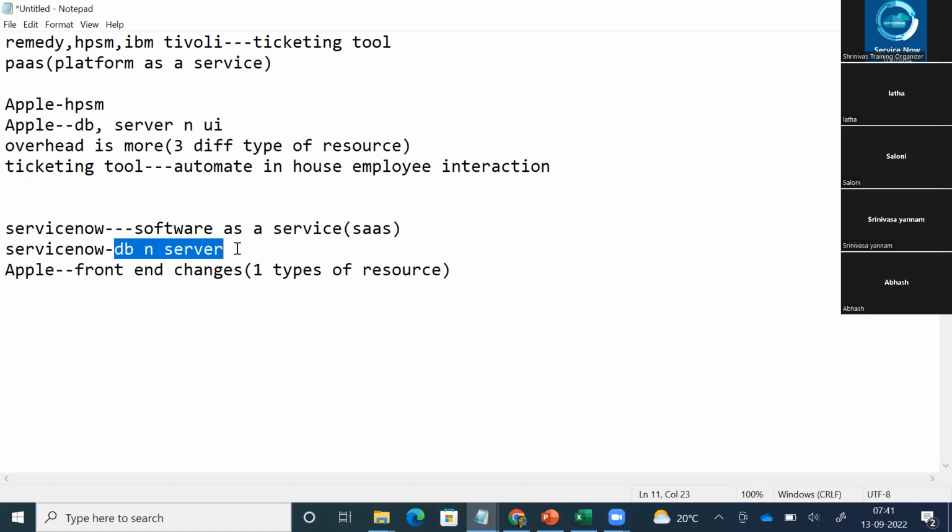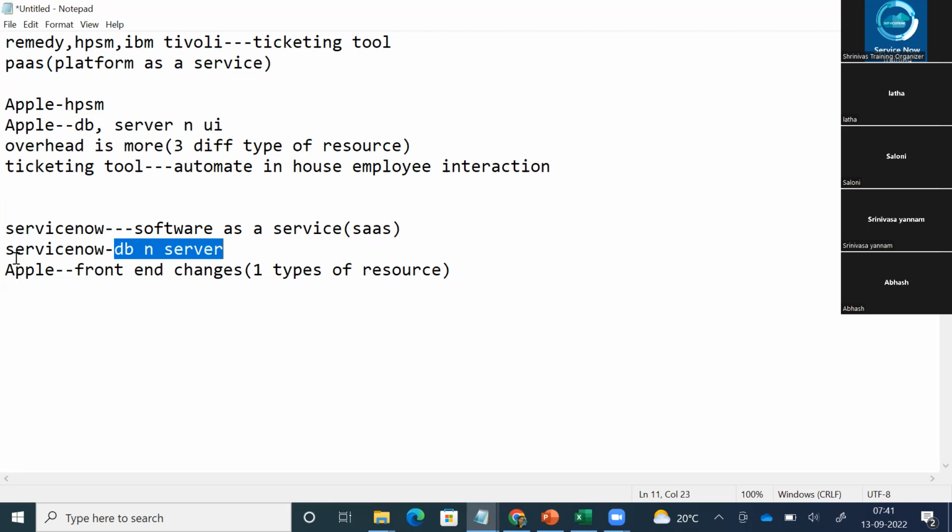When that happens, the benefit is that the overhead on the customer company decreases a lot.